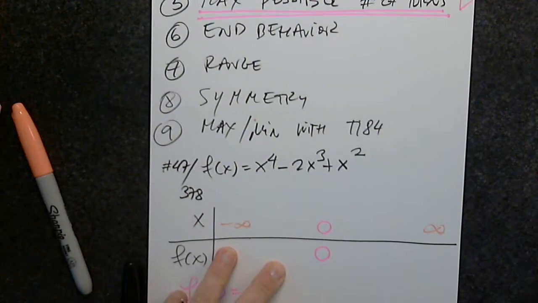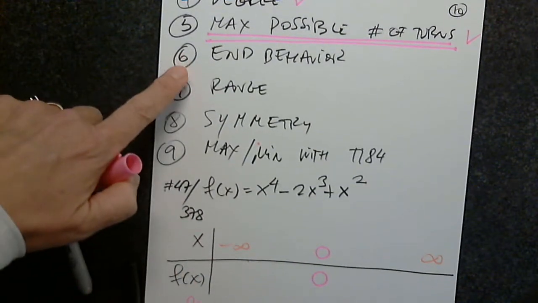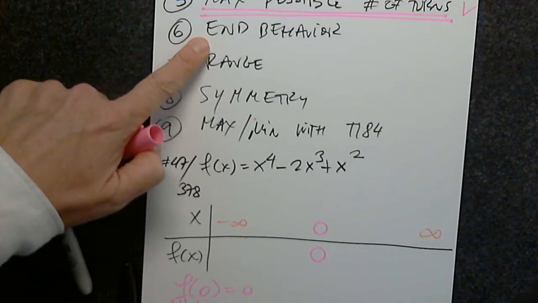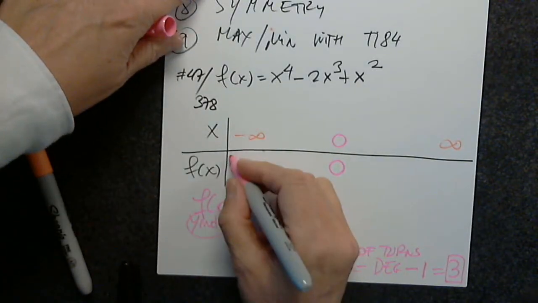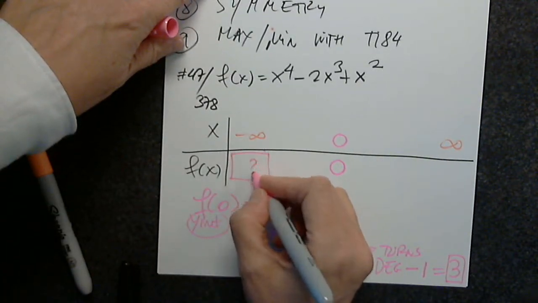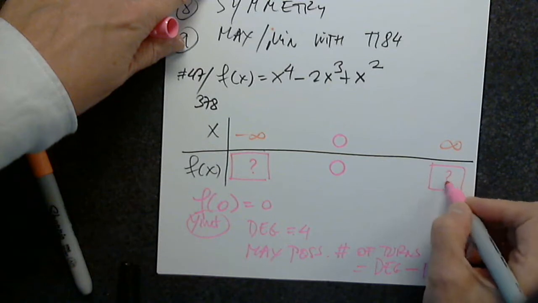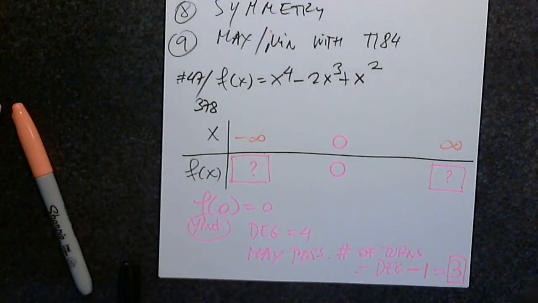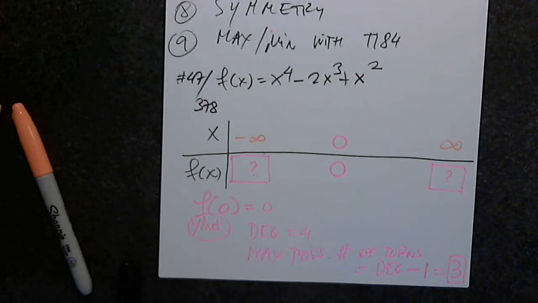We're done with that. Now I would like to talk about end behavior. This is what we call end behavior. What happens here? And what happens here? When x approaches infinity or negative infinity, we don't know where the function is going. Since the degree is, one more time, 4, the degree tells us that it will have the same identical behavior with